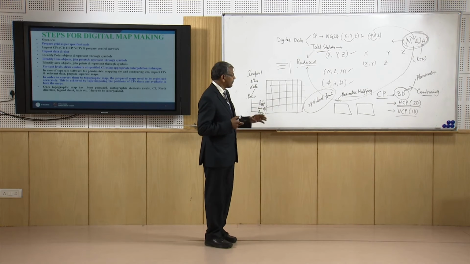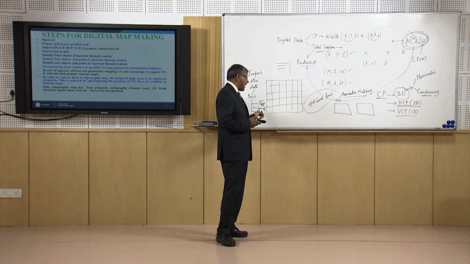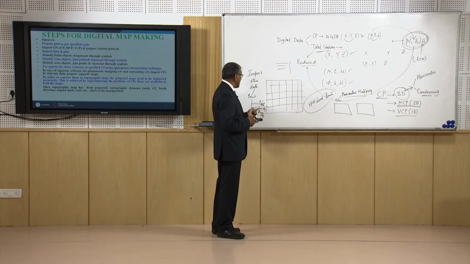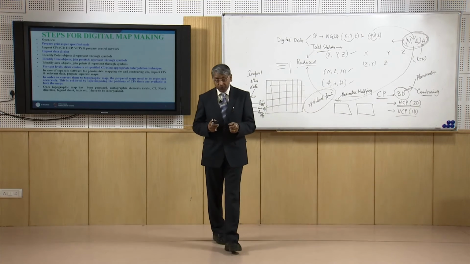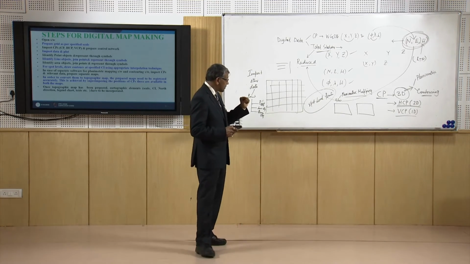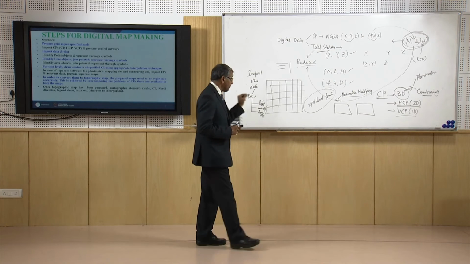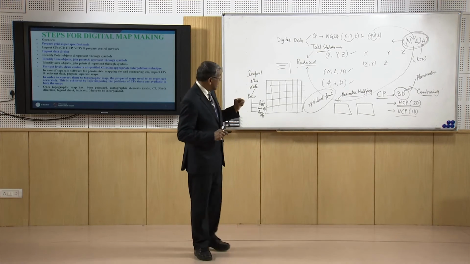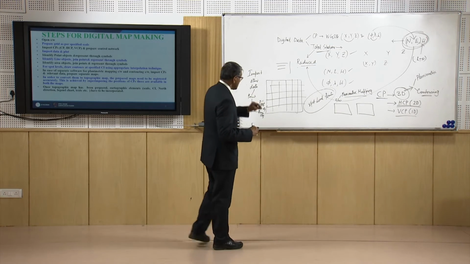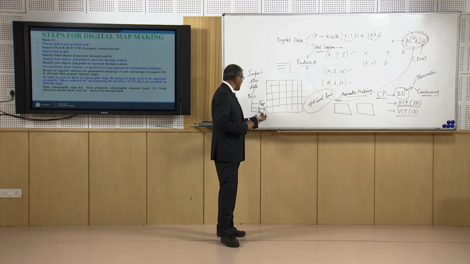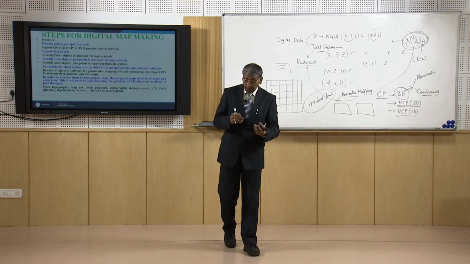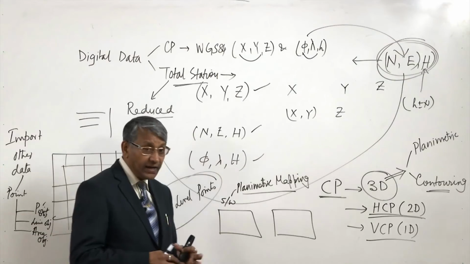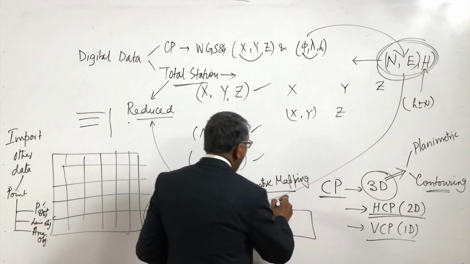Then we have to identify the points which represent point objects, and those points have to be represented through the appropriate symbols. The points which represent line objects have to be identified and joined by the line module, and then the appropriate symbol has to be incorporated. For area objects we again identify the points, and then the area object is represented by its symbol. This is how planimetric mapping will be completed.